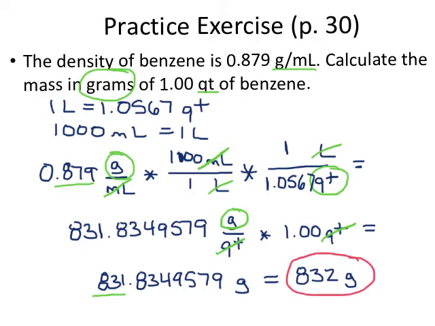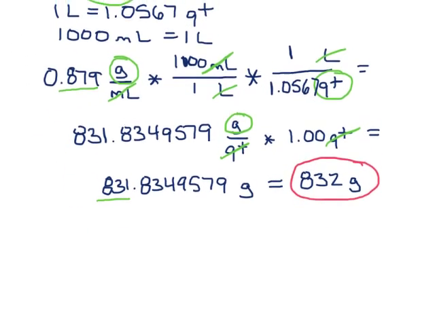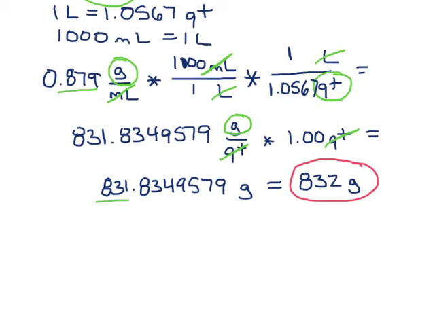The other way to do this problem is that we're going to convert the quarts into milliliters so that we can use the density as given. So I'll just scroll up a little bit. So again, this is a different way of approaching the problem, but it's going to give us exactly the same answer. And draw a line so you can separate the two different methods. So in this case, I'm then going to use the density as a conversion factor, but I want to take that 1 quart